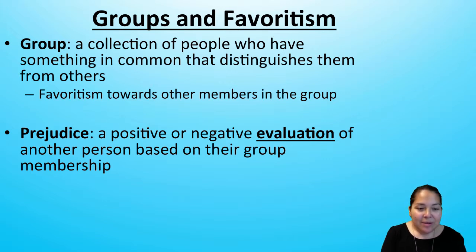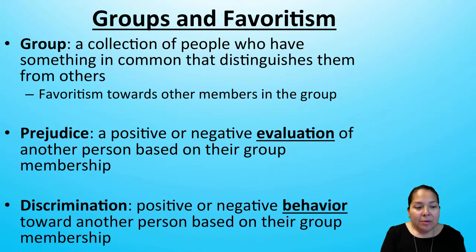And so related to this are definitions of prejudice and discrimination. Prejudice is an evaluation of another person based on their membership of a group. This evaluation can be either positive or negative. And discrimination, on the other hand, is an act or behavior towards another individual based on their group membership. And again, this can be either positive or negative. So remember, prejudice is an evaluation and discrimination is the actual carrying out of a behavior. We'll get into more examples of why prejudice and discrimination can be advantageous, and it can also be harmful later in the chapter and in our class activities.